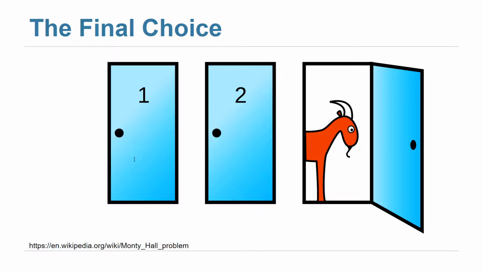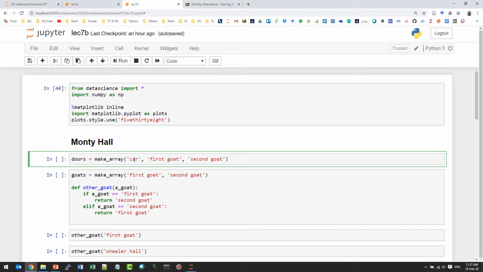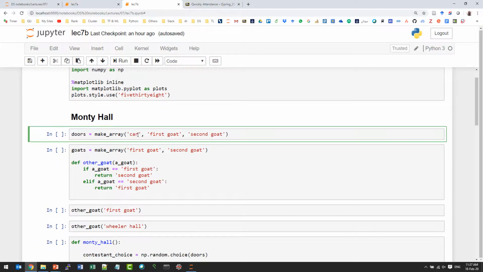It's one of these 2 options, right? Either you stick to what you chose first, which means that you will get whatever is behind it, or you switch to the other door, so you will get whatever is behind the remaining door. Okay? Good. So we will define an array of the 3